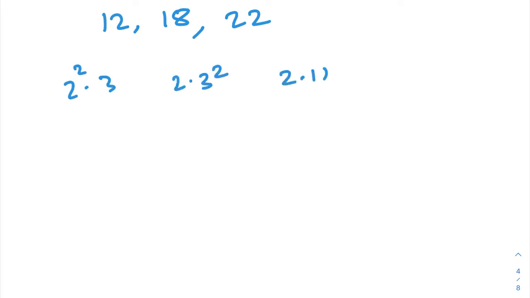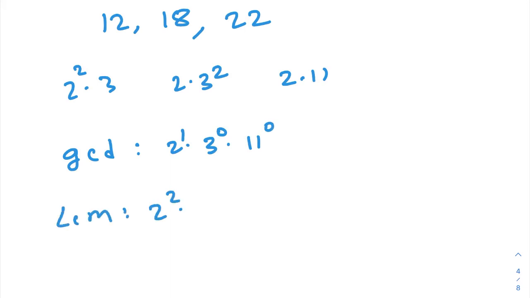So if you have three numbers like 12, 18, and 22, find the prime factorizations. So 2 squared times 3, 2 times 3 squared, 2 times 11. The GCD would be the least, so 2 to the power of 1 times 3 to the power of 0 times 11 to the power of 0. And then the LCM would be the most, so 2 squared times 3 squared times 11 to the power of 1. And if you calculate these out, you get the GCD is 2, and the LCM is going to be equal to 396. And how simple that was. It took maybe 15 seconds if you don't talk,